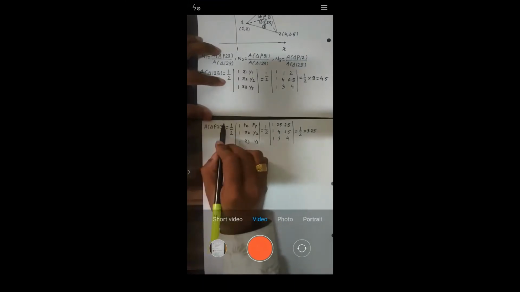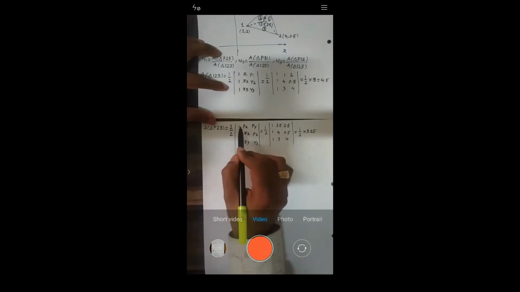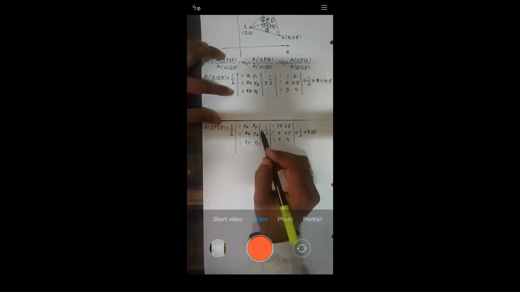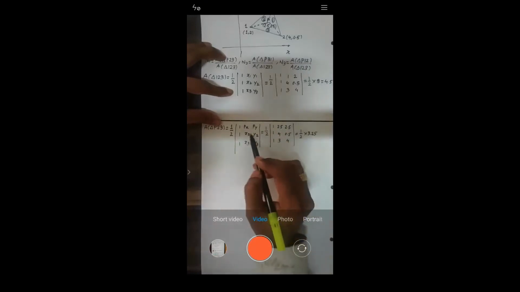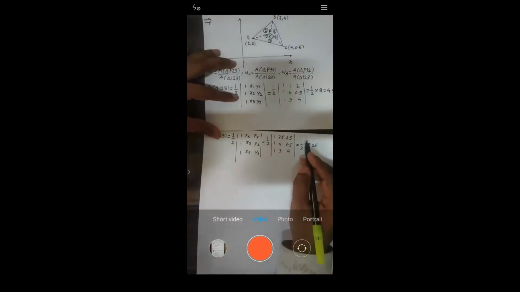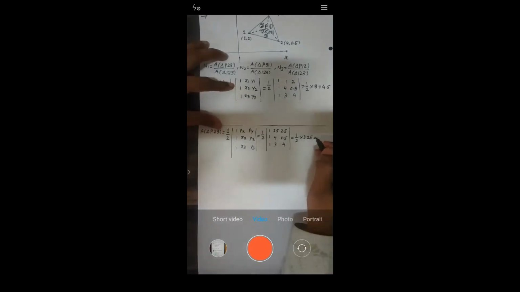Try to see here, all of you. See, for area of triangle P23, I need to write down half into 1, 1, 1. Then for P, you need to write down x and y coordinate. For node number 2, you need to write down x and y coordinate. For node number 3, you need to write down x and y coordinate. So half is equal to Px, Py is 2.5, 2.5. Then x2, y2, 4, 0.5, right? Then x3, y3, 3, 4 I've entered. So when I solve this in a calculator, I'm getting this value. So tell me how much you're getting. 3.25 by 2.